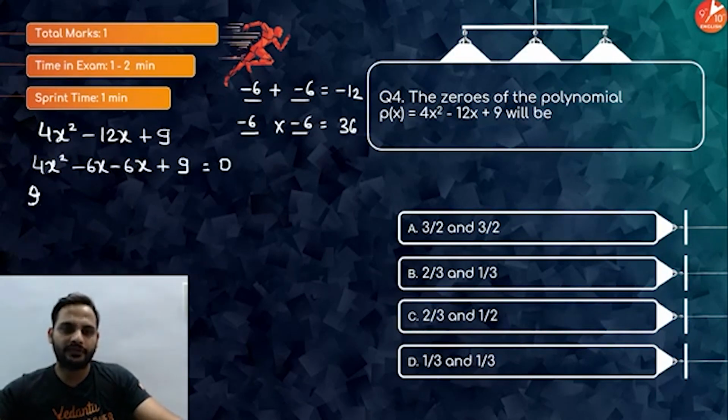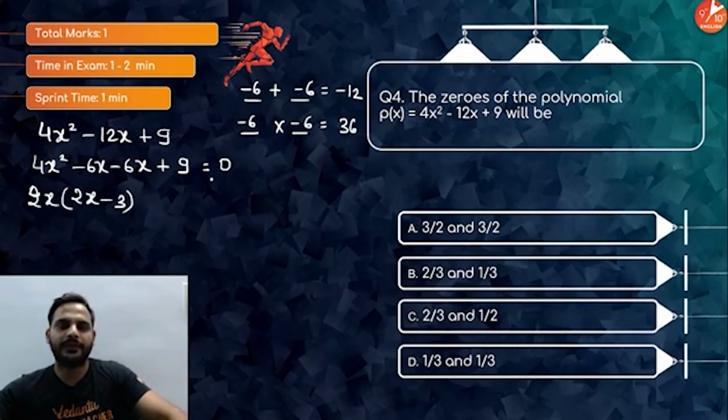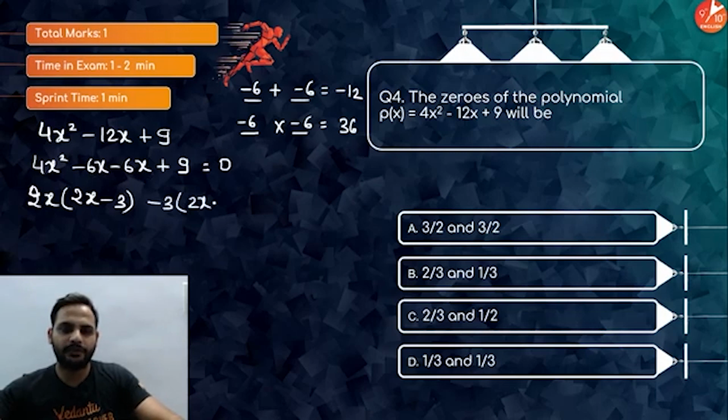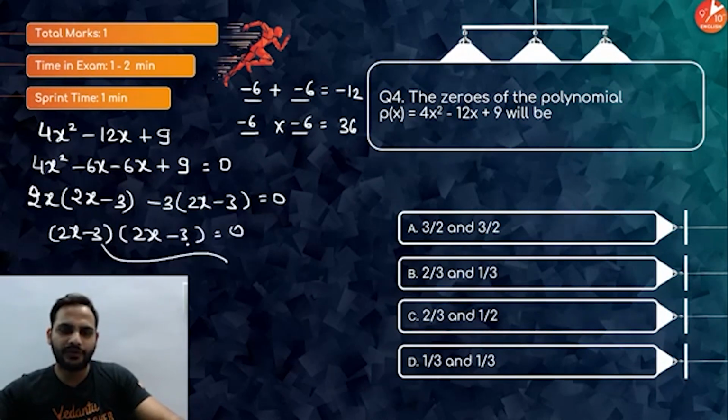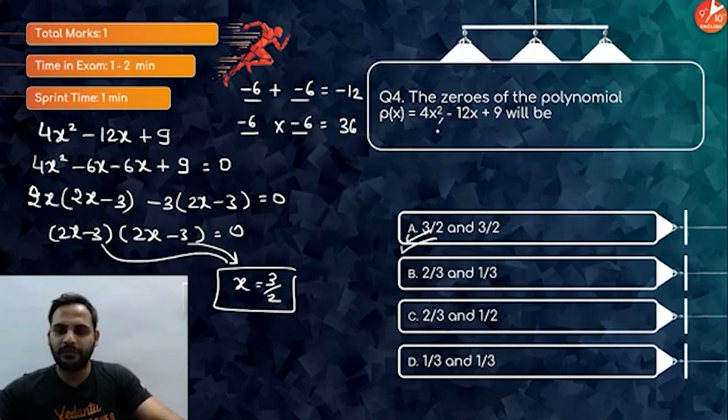Here take 2x common. You are left with 2x minus 3. Here take minus 3 common. You are again left with 2x minus 3 equal to 0. So you will be left with 2x minus 3 into 2x minus 3 equal to 0. So from both of these, I will say x is equal to 3 by 2 only. Real and equal roots. One more way of doing it will be that it is nothing but 2x minus